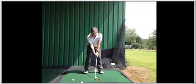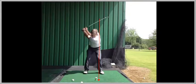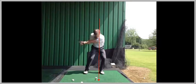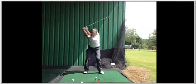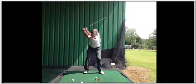Don't hold it right up against the side of the head. Give yourself a little bit of room. And then what we would want to do is from the top, we'd want to feel like we never move into that cane. You see, the cane was there now, we'd be moving into it. And what that's going to do is that's going to encourage the upper centre, so the centre of the shoulder turn, to stay fixed rather than driving forward. It's going to encourage the lower centre to push forward a little bit more,